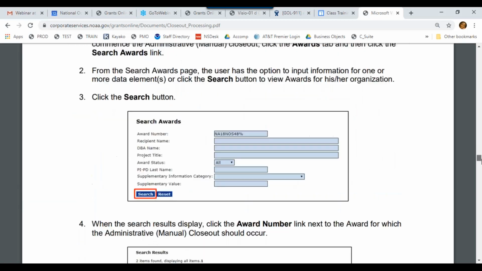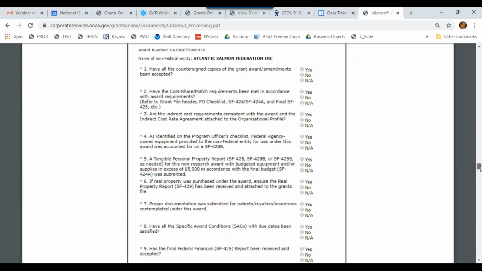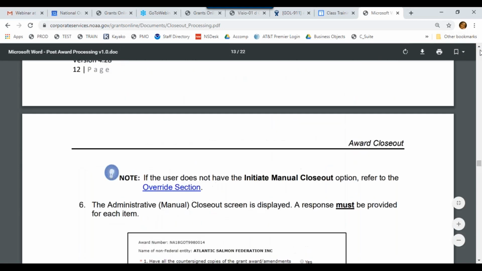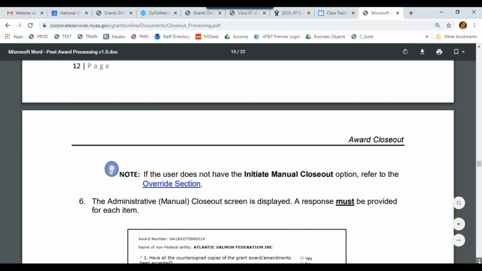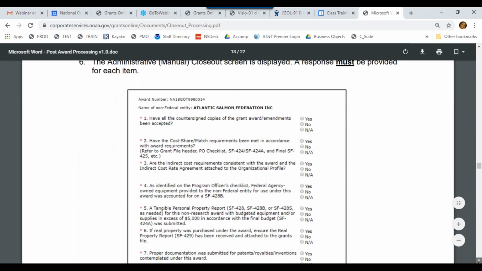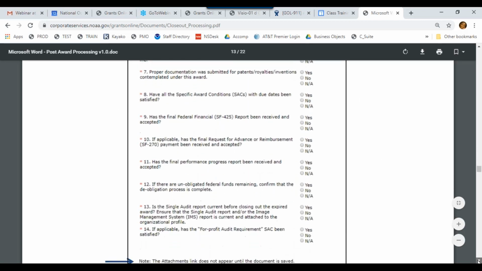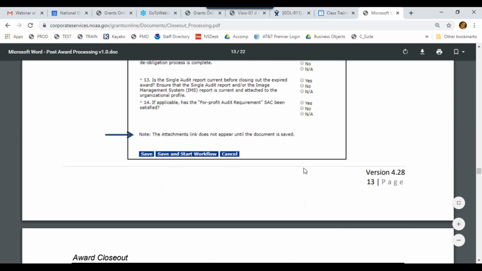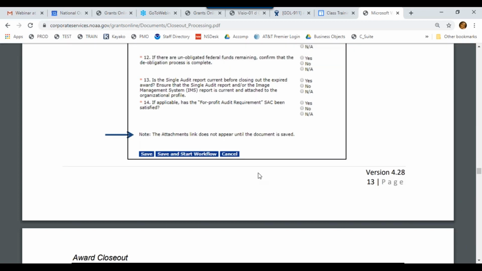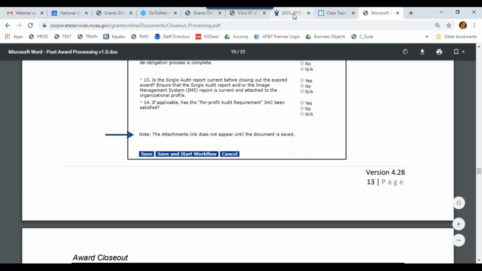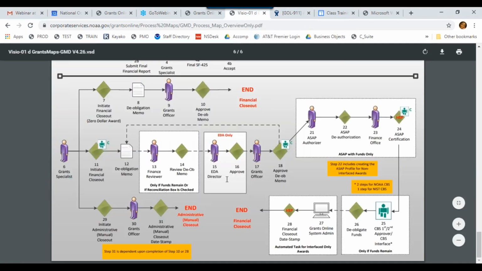And again, let's go down here. Here's our checklist. So it's a lot of questions here for the administrative closeout, and basically there's a yes, no, and NA for each question that is on the checklist. There is ability to add attachments after you click save, just like the other parts of Grants Online, and then save and start workflow. Once you hit save and start workflow, it's going to move forward to the grants